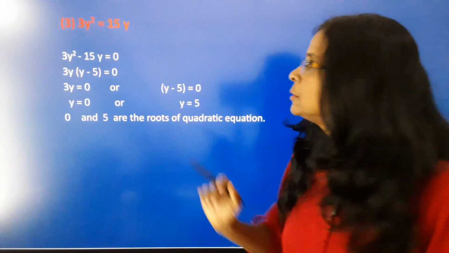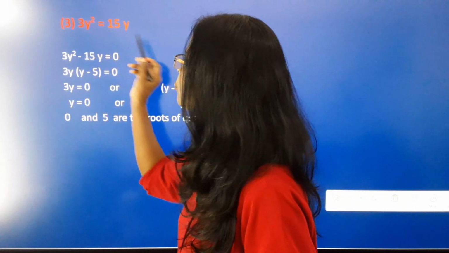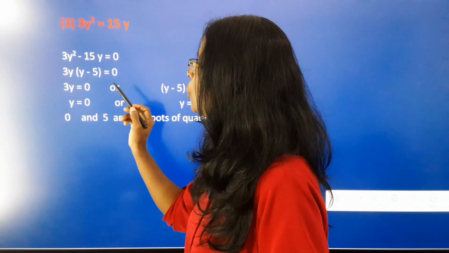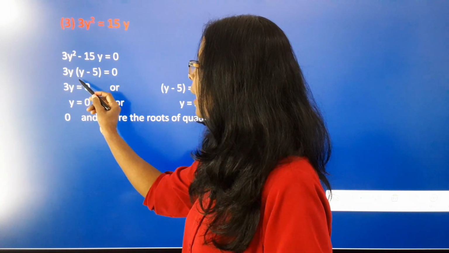Next example, 3y square is equal to 15y. 3y square minus 15y is equal to 0. So here 3y multiply